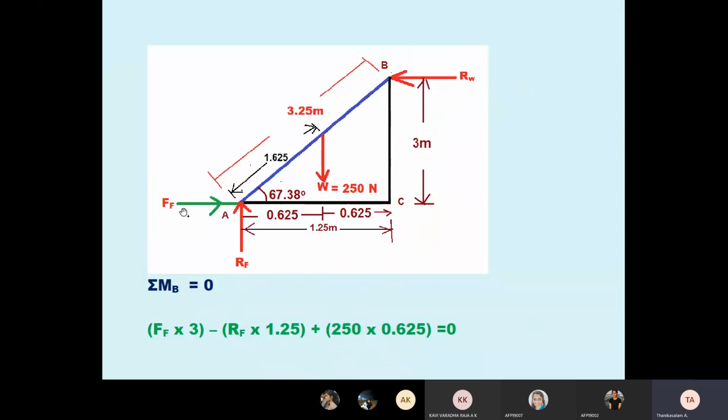Then the third force, FF, see here, FF. FF goes horizontally to C here. What is the B to C distance? FF is perpendicular with respect to BC. Therefore, FF into 3. FF into 3 is anti-clockwise, minus. In this equation, I change it. The answer will be the same. Clockwise moment I take as plus, anti-clockwise negative. Then FF into 3 is anti-clockwise, but here minus, and I changed it to plus here. Okay, then after simplifying